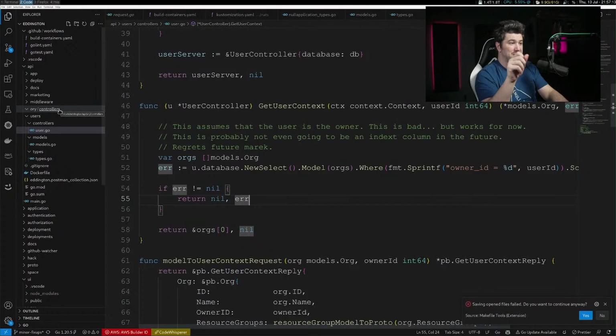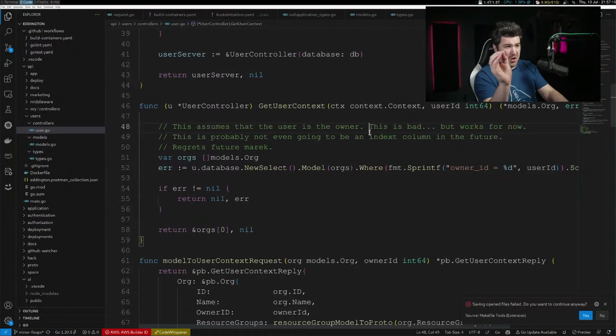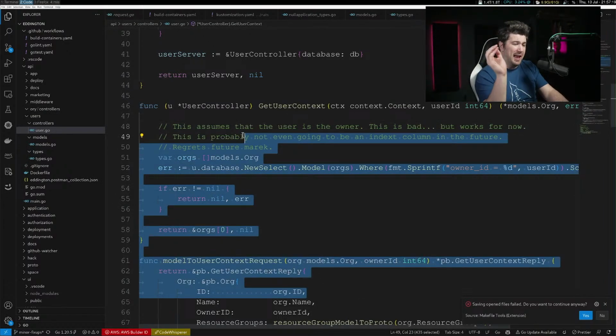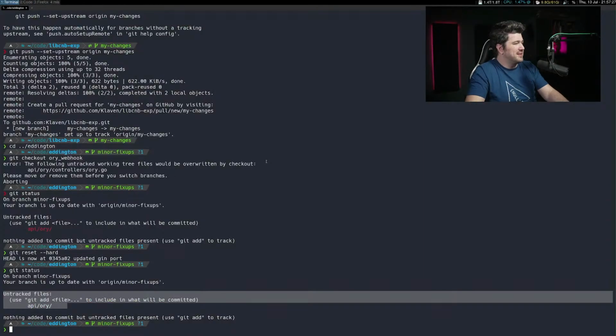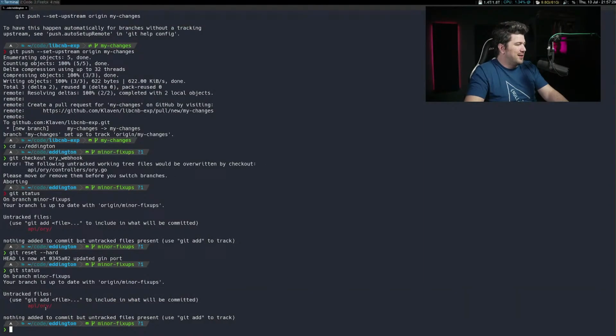I switched branches, Visual Studio Code held the file open in memory, and then I quit and closed, and it asked, do you want to save? And I said yes, and it resaved the file. I've had that happen before, and it's a little annoying. But it's not really their fault. Probably my fault, but